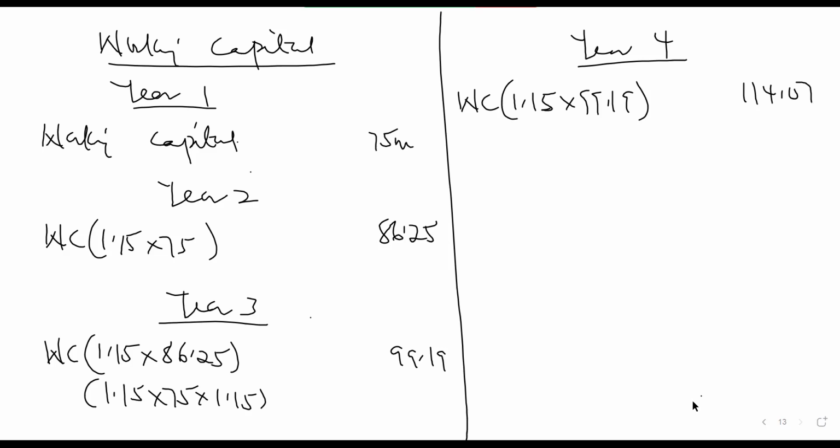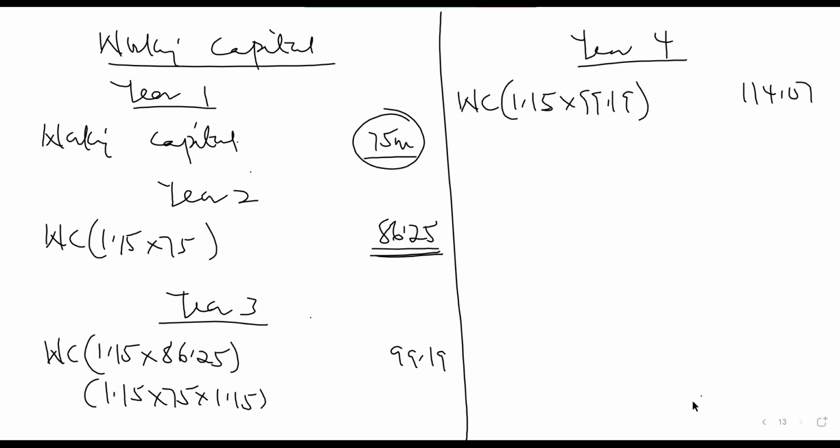Okay. What we do for the working capital is this 75 will be carried across. So we have 75 at the beginning. This will be sent to year 2. But we are saying that year 2 now is what? The working capital for year 2. The total working capital at the